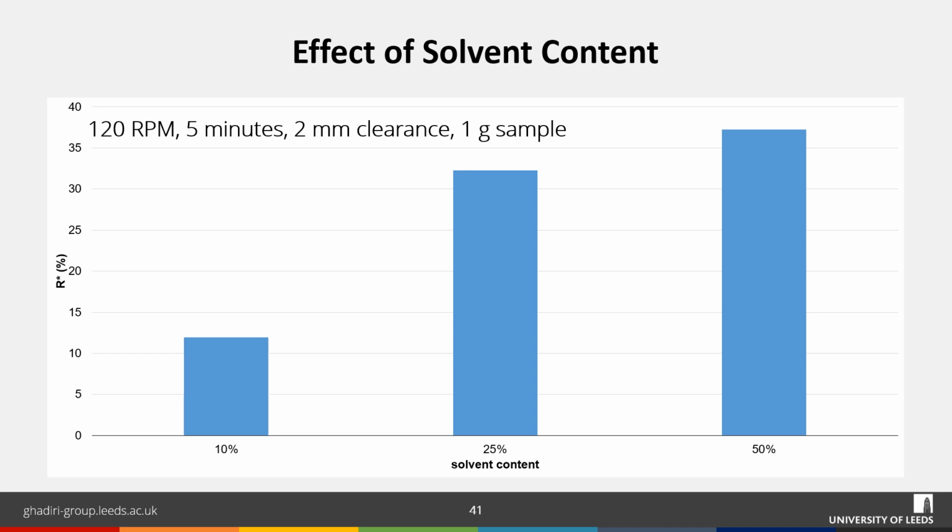The higher the liquid content in the powder bed when it is being agitated, the higher the extent of breakage of the crystal. At 10% liquid content, the extent of breakage is about 12%, and it increases to 32 and 37% when the amount of water in the powder bed is increased, corresponding to the liquid contents of 25% and 50% respectively. Now, this is expected as a decrease in liquid contents in the powder bed reduces the attraction force